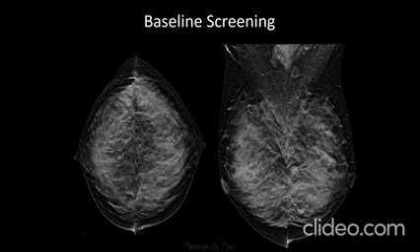Here's another example where it's a little bit tricky sometimes to tell the milk of calcium, so you might be able to see here she has diffuse